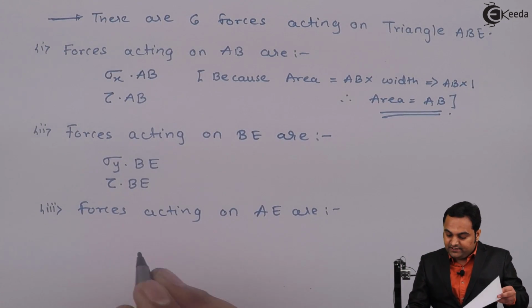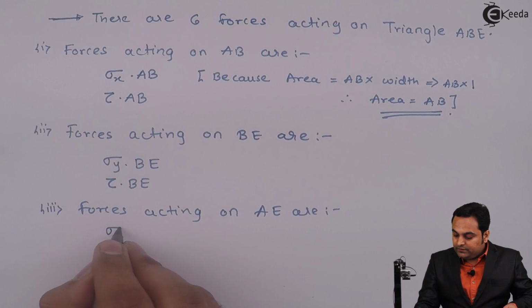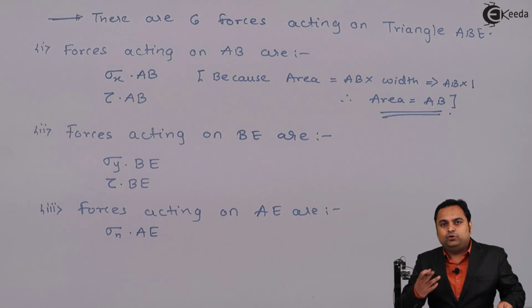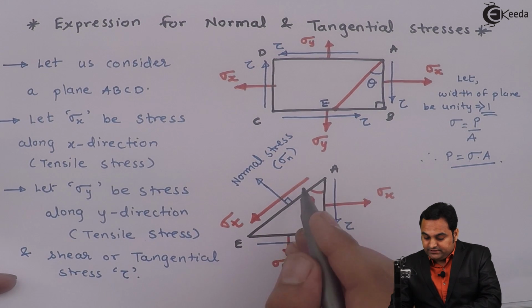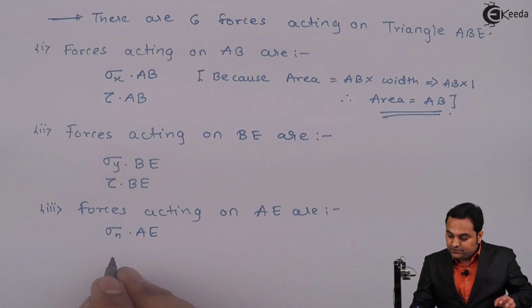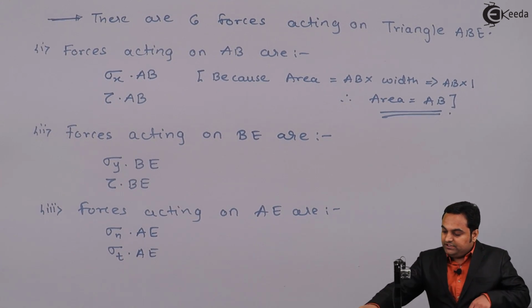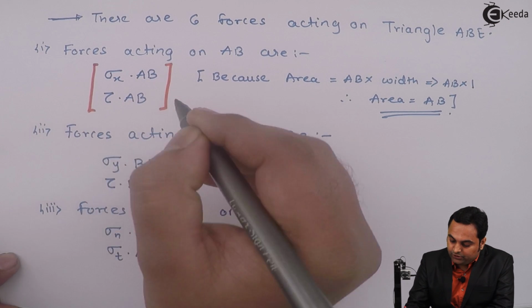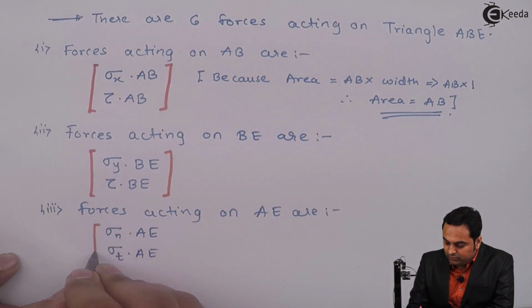So the forces acting, first I'll see sigma n into AE, that is the normal stress into AE, area is AE into 1, so it becomes AE. Next, sigma T, that is the tangential stress, so sigma T into AE. So these are the 6 forces which are acting on the triangular element which we have taken out of the